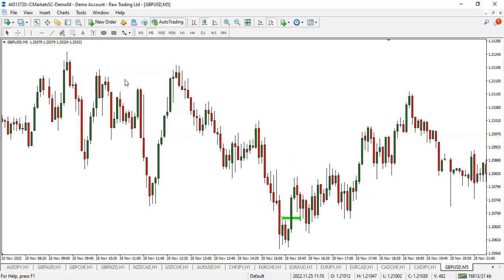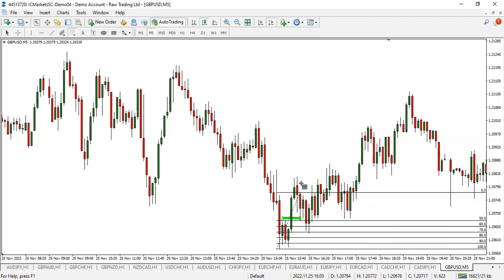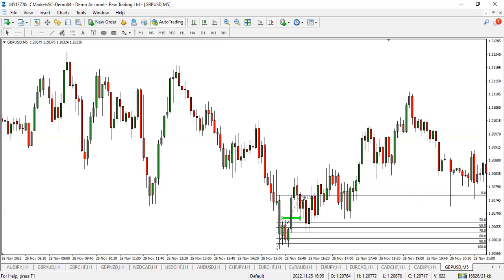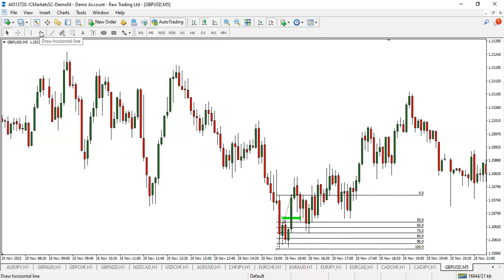Another way is that you can use the Fibonacci and look to enter at 50% of the Fibonacci or higher. When I say higher, I mean like 60%, 70%, 80 or 90. For example, this one here came up to 70% of the Fibonacci here. But anywhere, anytime